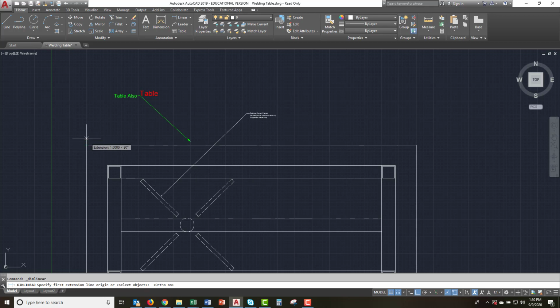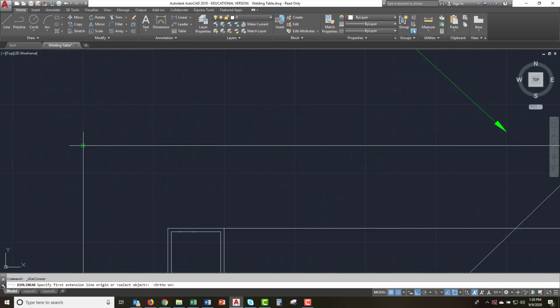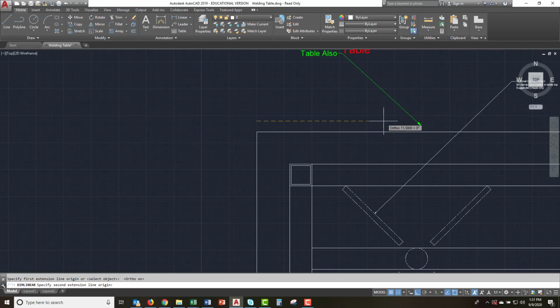So from this point, if you just hover over the corner, it'll make a green box over it. I don't want to click here though, because it's going to put my extension lines very, very close to my object lines, and that to me is a little hard to read. So I'm going to float up a little bit, pick that up. See, I've got that dashed green line. There I'm going to click, and that's where I'm going to put my